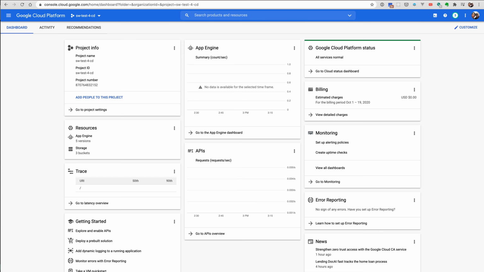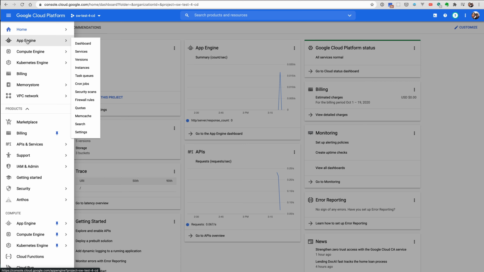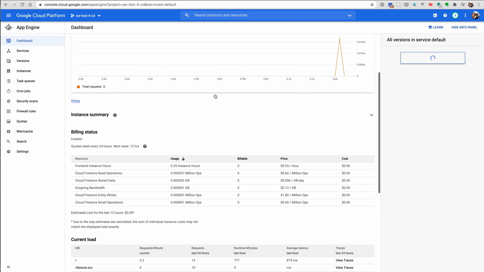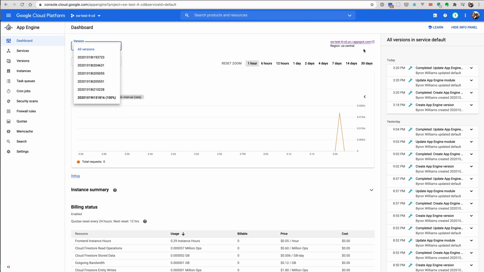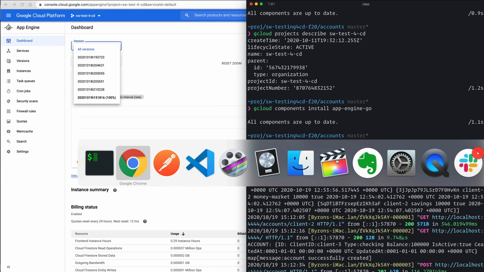A couple other things that will be interesting about App Engine is that, of course, now that I know that I have this app running in production, I have to be able to manage it. And so I can come here and manage the versions of my app. If I did make a change to the app that I wanted to deploy to, say, a staging environment, one of the things that I could do is to deploy the app